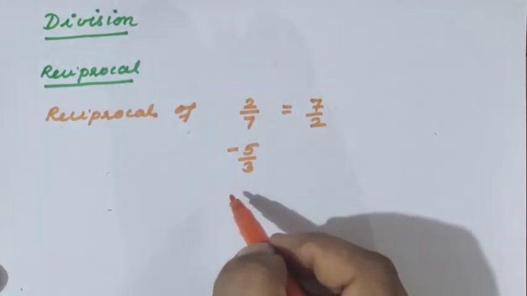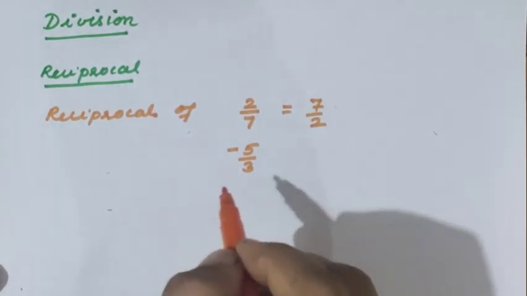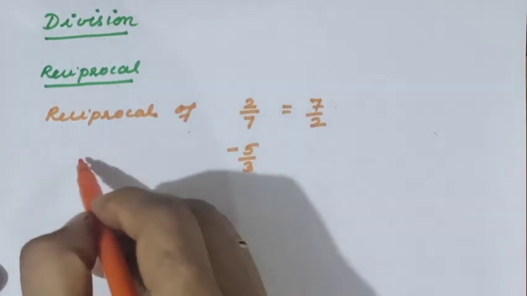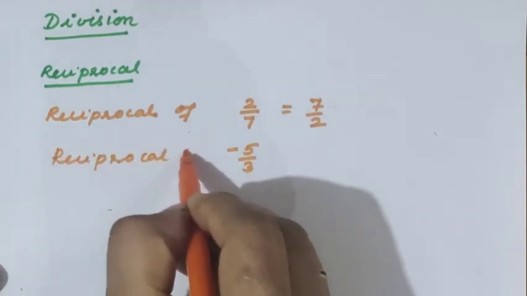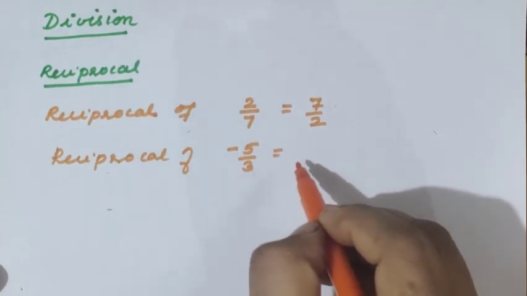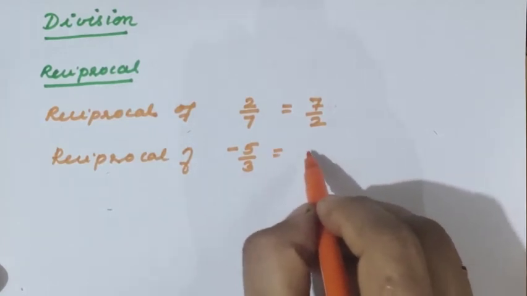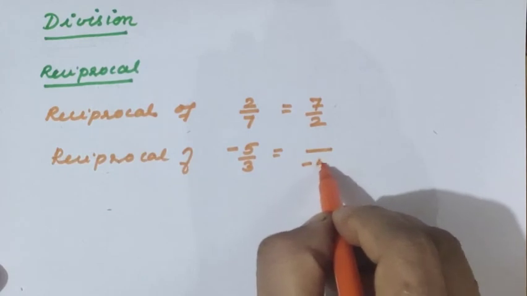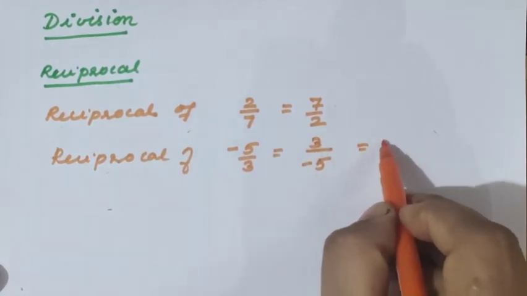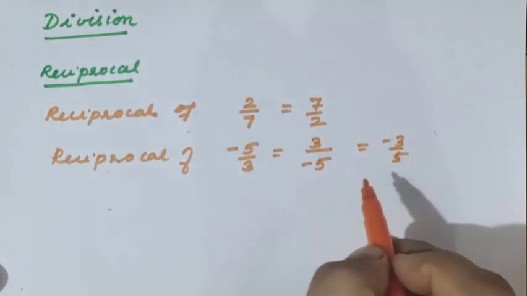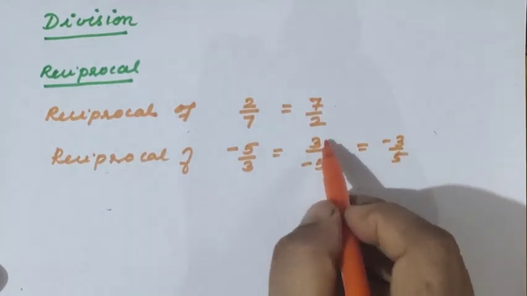Now what does the question mean? The same concept we are extending to rational numbers also. So what is the reciprocal of minus 5 by 3? I told you that the numerator will become the denominator. So minus 5 will become the denominator and 3 will go to the numerator. It is the same as minus 3 by 5 also, but specifically if they are asking the question, this should be